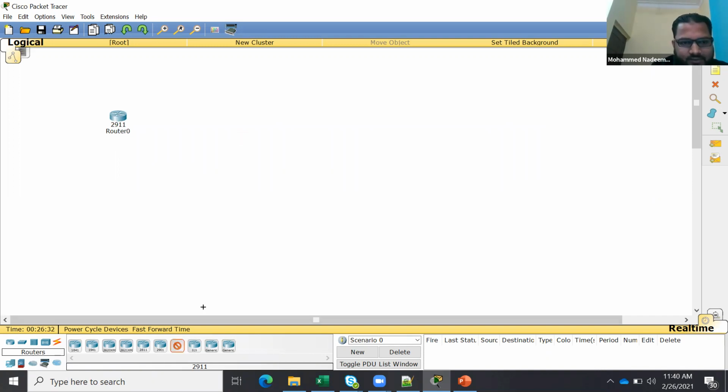Another 2911 router I'm taking, another 2911 router I'm taking. So instead of two branches, I'm taking three branches. Now I am taking three switches here. One switch is, let's say, Hyderabad, let's say Bangalore, and let's say Pune.